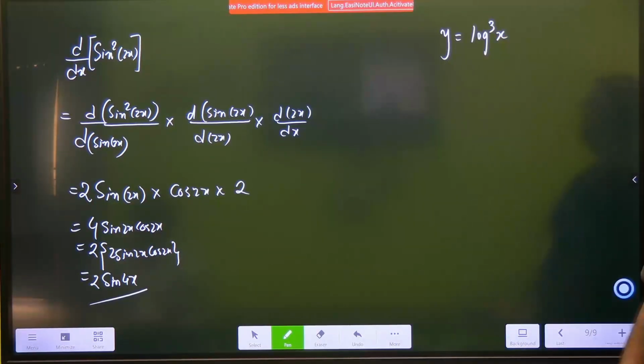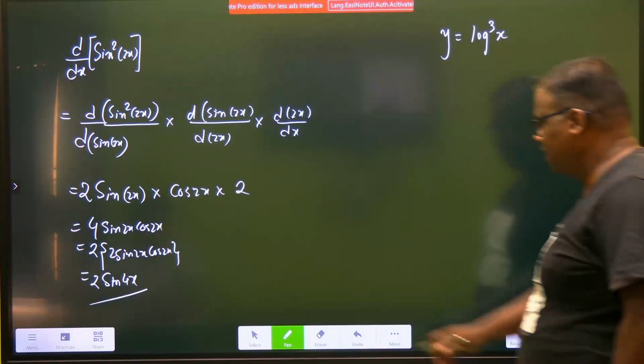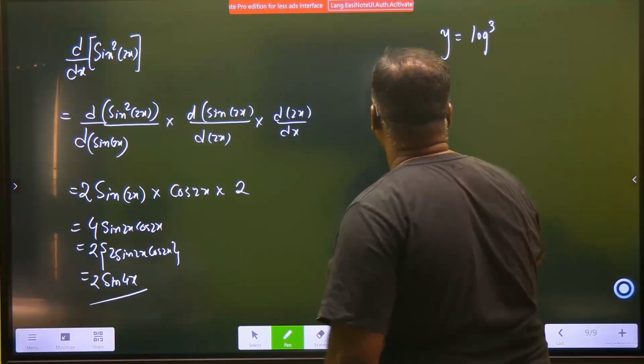Y equal to log cube x. No, we don't do log cube, we do interesting ones. Y equal to